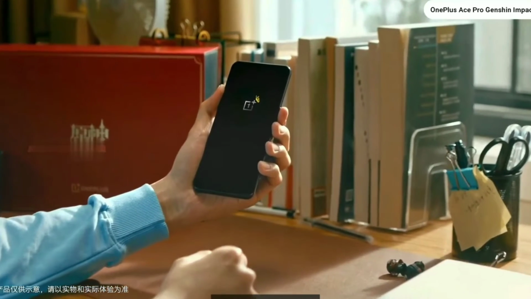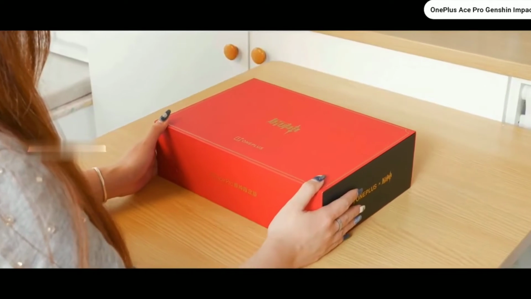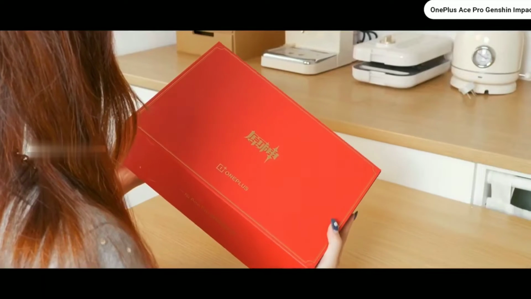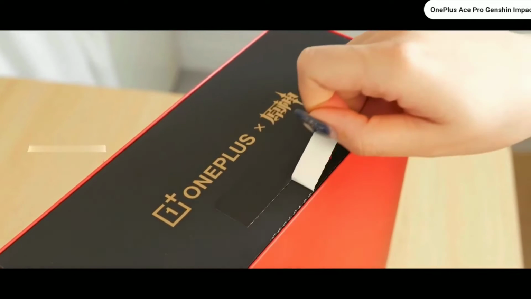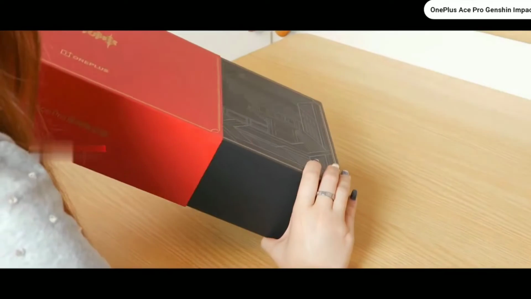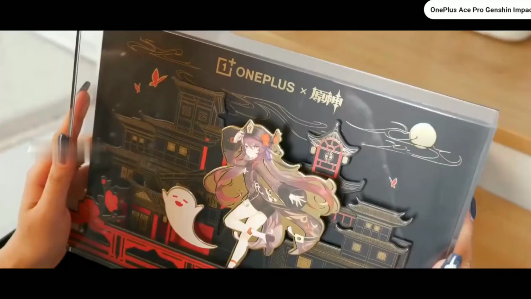These include a special back design, which looks great in my opinion, a sleek phone case, a phone theme based on Hu Tao, a special SIM eject tool that looks like the staff of Homa, and even an acrylic display box. Beyond the extra accessories and unique design, this version of the Ace Pro has the exact same specifications as